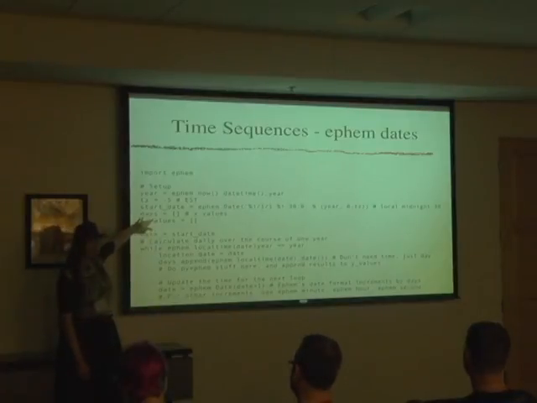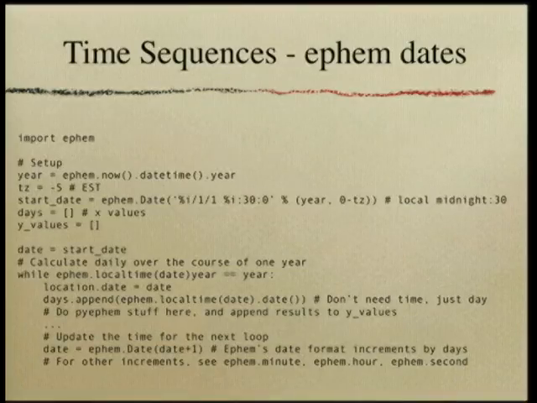So I have a list of days that I'm going to plot over the x-axis, and then my y values. And so I have my start date, and I'm saying, okay, while we're still in the same year, because this is a plot over a year, I'm going to set my location's date to the date I'm using right now. And then I will take my x values, and I will do ephem.localtime on the date, so I can get all my timestamps in something that makes sense to me. And then whatever my PyEphem calculations are, I'll do them there, add them to the y value list. And then for the next loop,